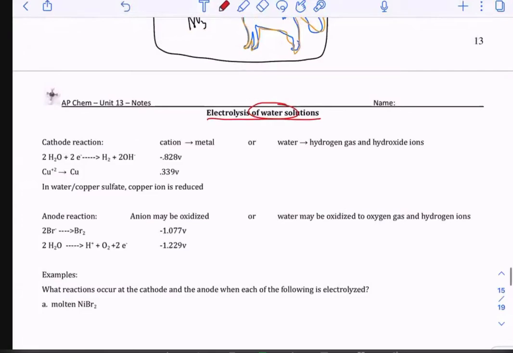Now, when I say reduction of water, if we dissect water, and if I asked you, what's the charge of each element in water, or what's the oxidation number of each element in water, I am presuming, after some prodding, you would all be able to tell me that hydrogen is a +1 and oxygen is a -2 in the formula. Right? Remember when we assigned oxidation numbers in formulas? Okay. So when I say reduction of water,